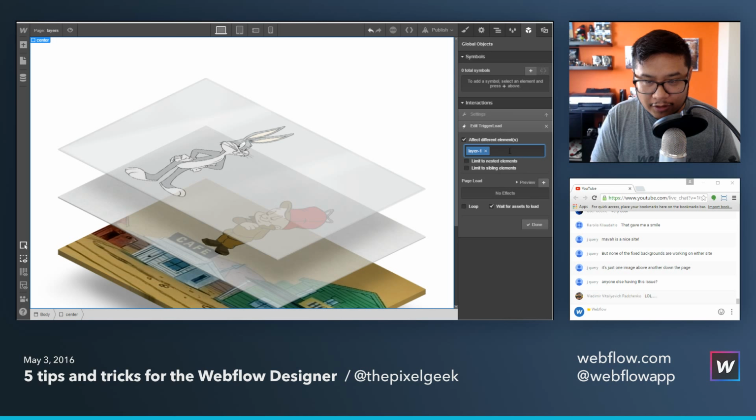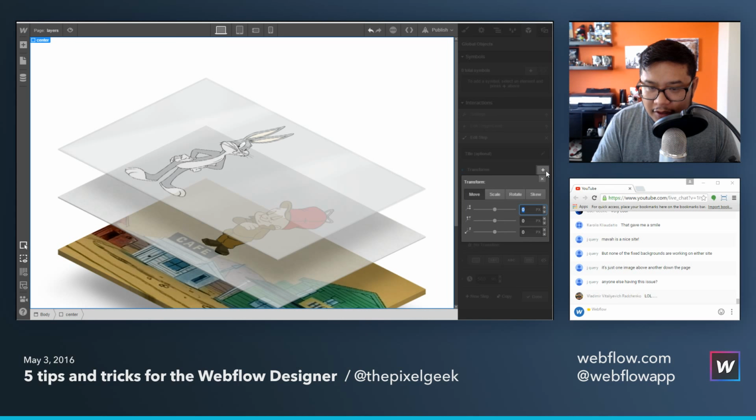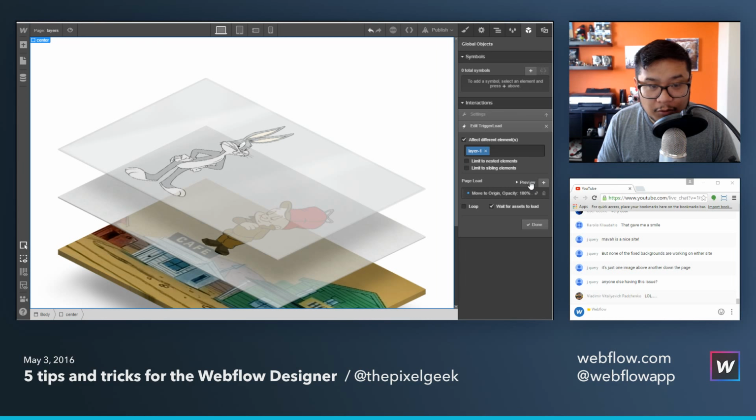So, Layer 1. So I only want to affect layer 1 on this page. Okay? I'm going to add a step, and I'm going to keep everything at 0 on the move, so that way it moves back to origin and opacity becomes 100%. And it takes 500 milliseconds to get there. So to preview it,